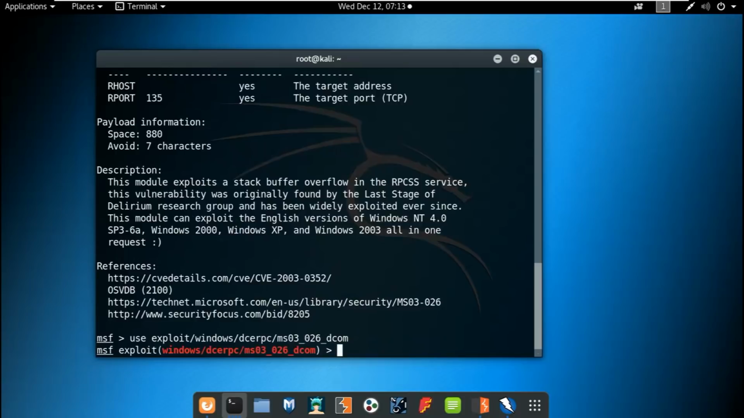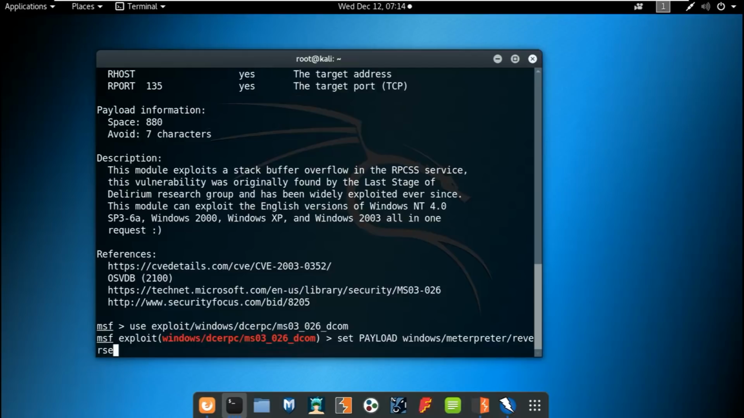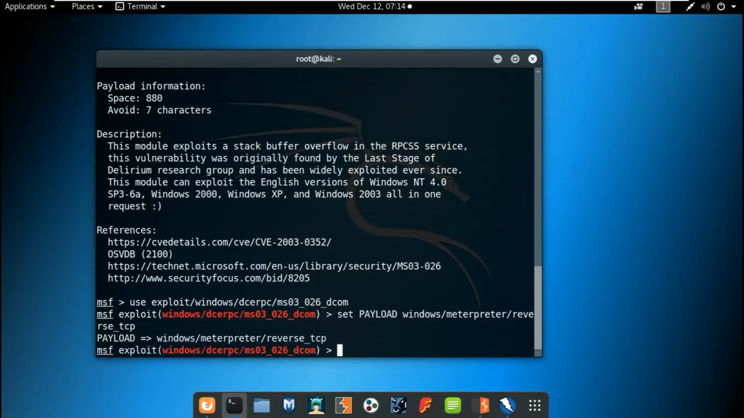You need to set the payload. For example, here is set payload. Of course, you need to memorize, or I would say know, different types of payloads. For the meantime, I will just use the payload that I really like, for example this one, the payload Windows Meterpreter reverse TCP. A very simple payload which allows you to have a connection from the target to your machine. So, and show options to see